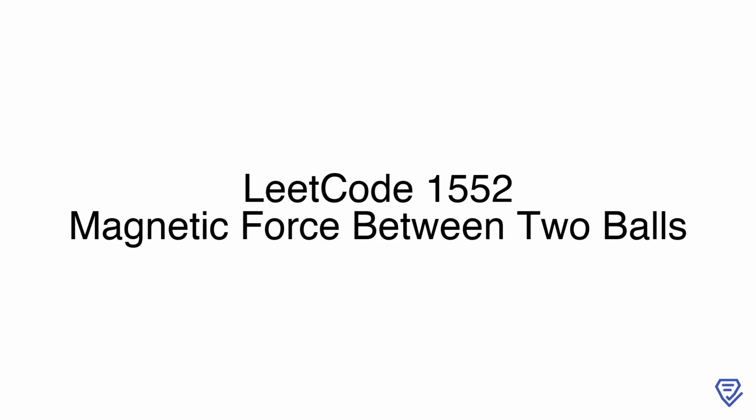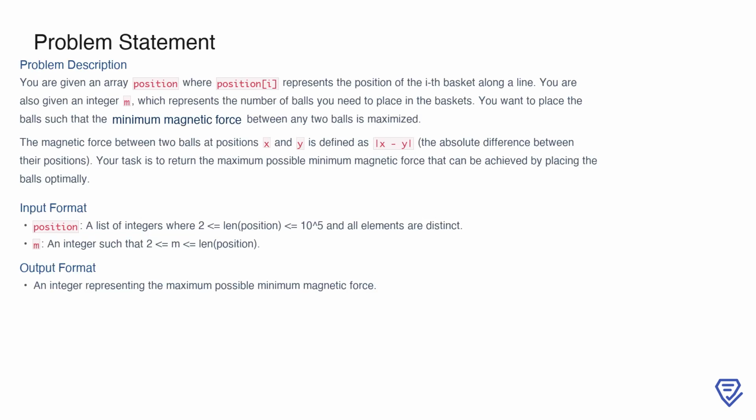Welcome! Today, we'll be exploring an exciting problem from LeetCode, number 1552, magnetic force between two balls. This problem challenges us to think critically about placing objects with constraints, and we'll discover some interesting approaches to solve it. Let's dive in. In this problem, you are given an array called position, where each element represents the location